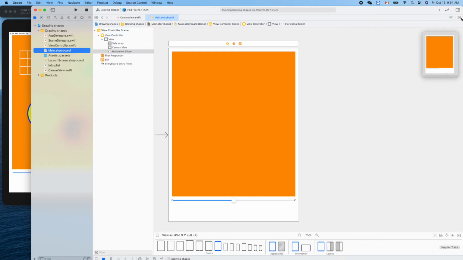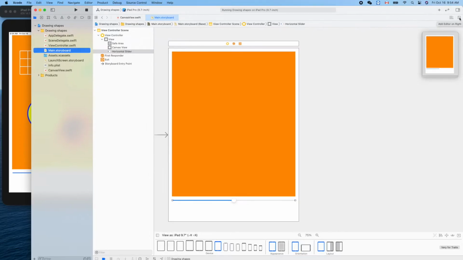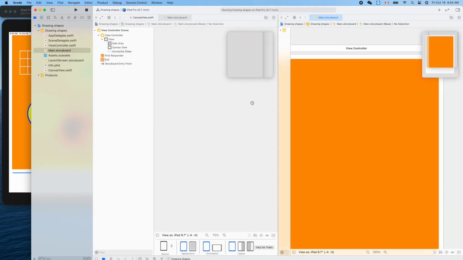So hide this part. Now click this guy here, add editor on right. Okay, cool. Click that. So now we have two editors side by side, right? And